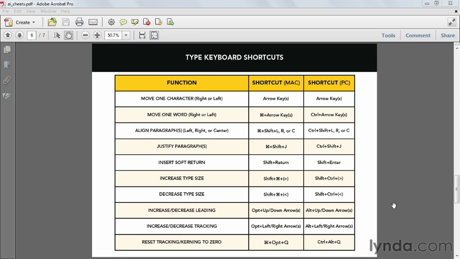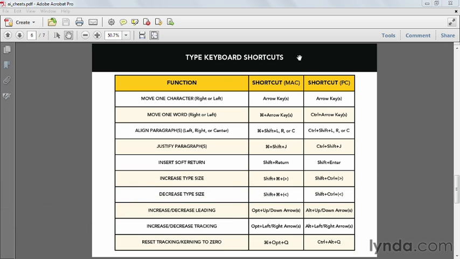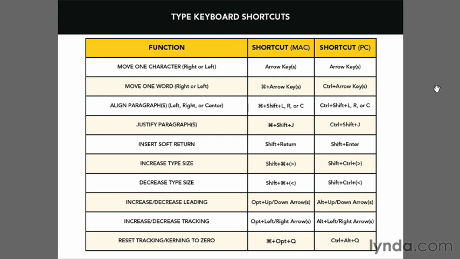You have access to something called the AI cheat sheet, and it's located in the extras folder of your exercise files. Inside of that document, if you scroll down to the Type Keyboard Shortcuts page, you'll be able to see all of my favorite type shortcuts in one convenient location. I've also given you both shortcuts for Mac and PC. Let me go over a few of these right here, and then we'll go into Illustrator and I'll show you